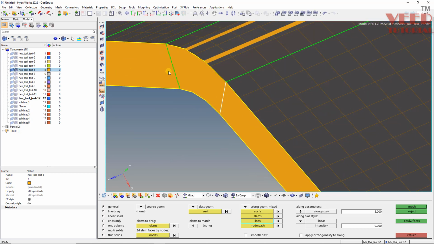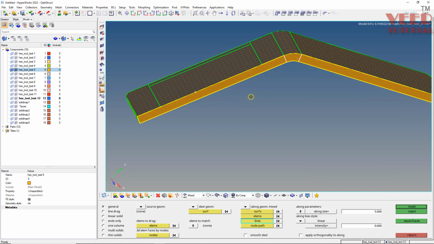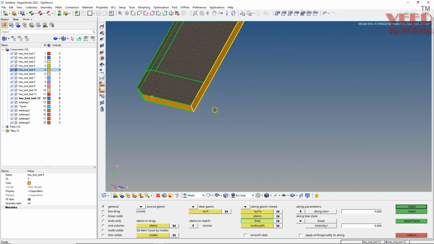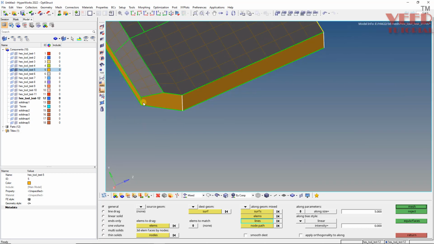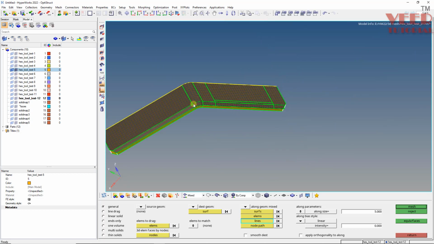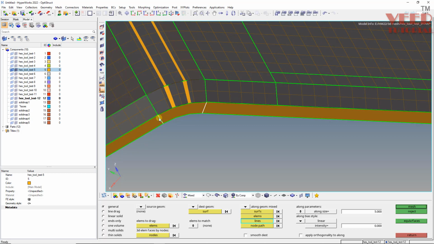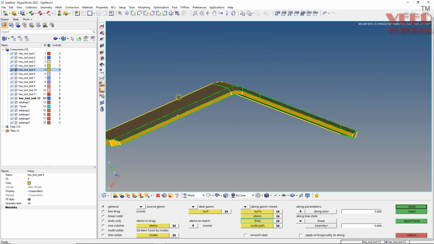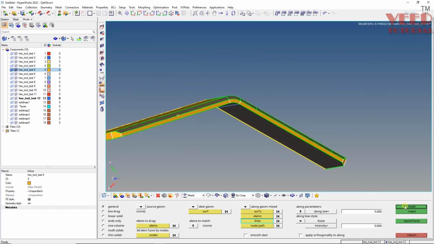Similarly we have this line, this line, this line also. So we need more guiding lines in this type of case. So give whatever we have. So select also this line. Okay, now let's try the mesh,